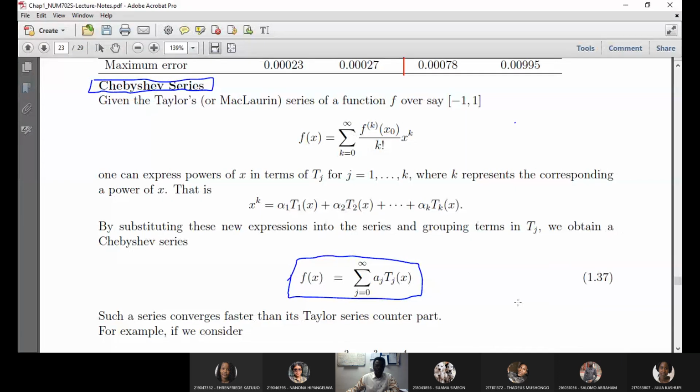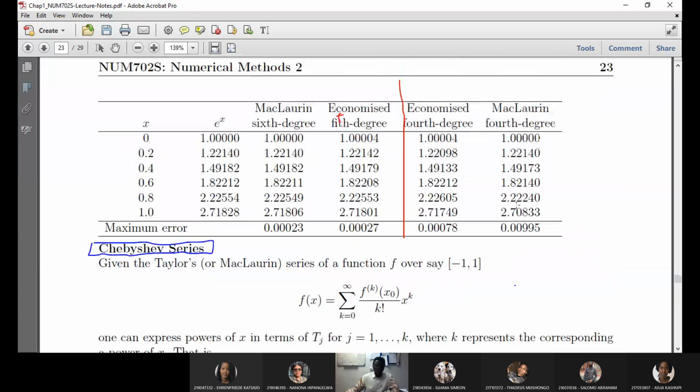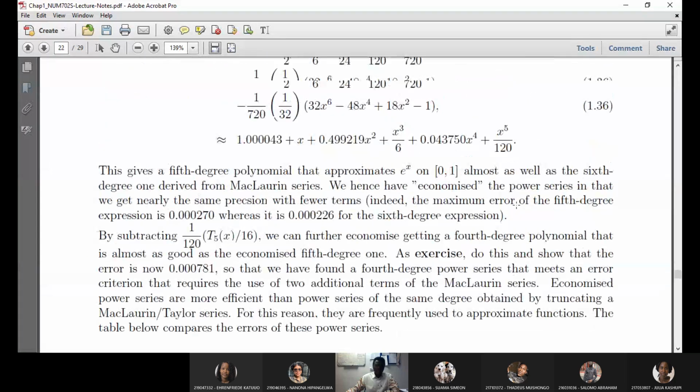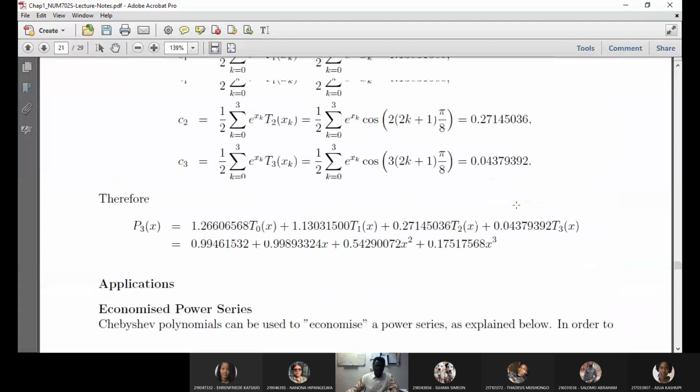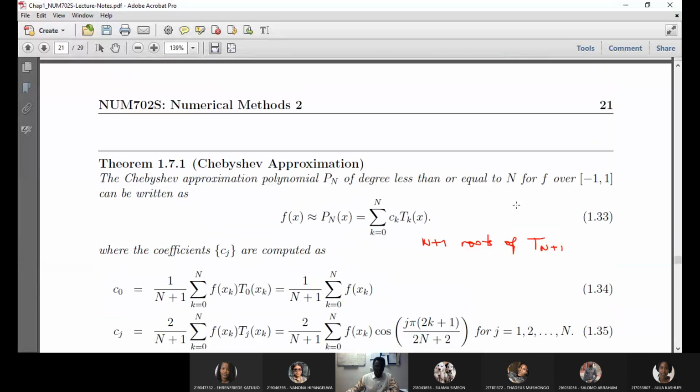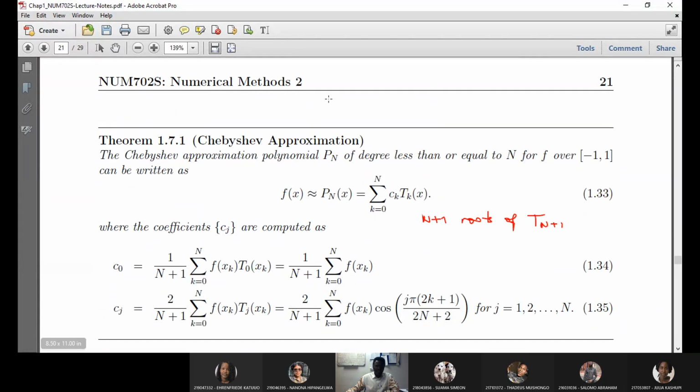So without any further ado, I will quickly share the screen with you and we'll go through what we covered last time, just a brief recall. Okay, so last time we talked about economized power series, but before that, we stated this Chebyshev approximation theorem,